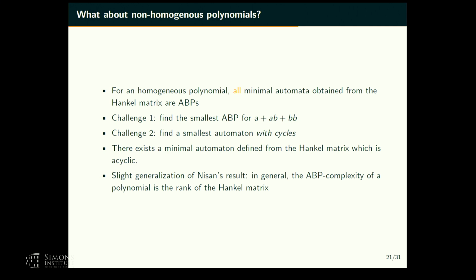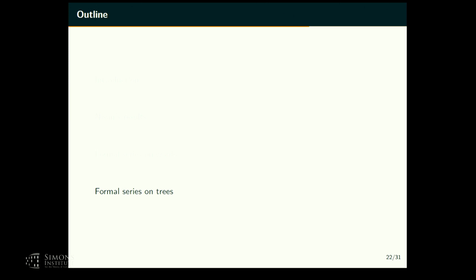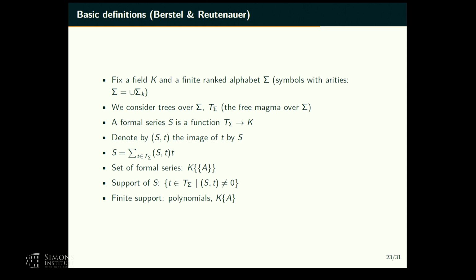So it won't be exactly the same kind of layered ABPs as in Nissen's, where the arrows go just from one level to the other, but we'll have a shape that is similar. Okay, so I'm going to go very fast for the rest of the talk, but the rest of the talk has no technical details. So now let's look at formal series on trees. I will stay in the general, more algebraic setting, and this means that